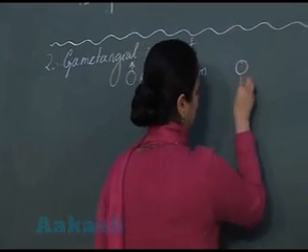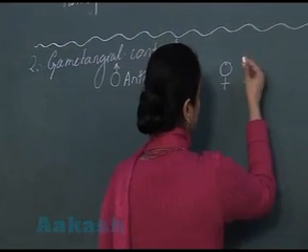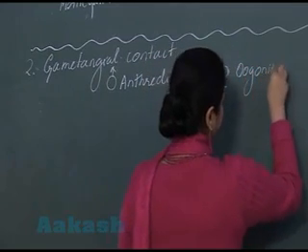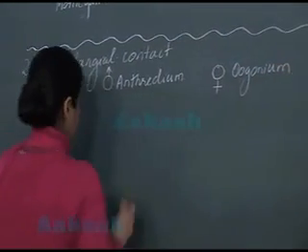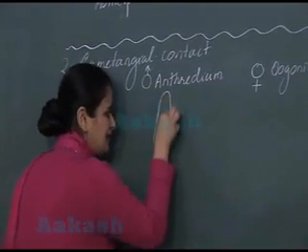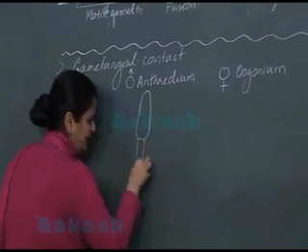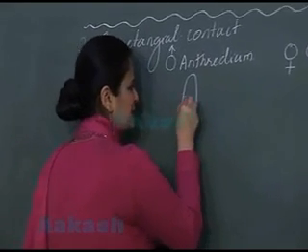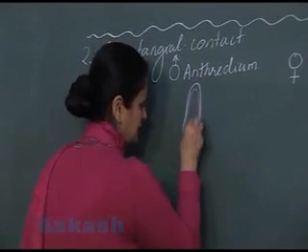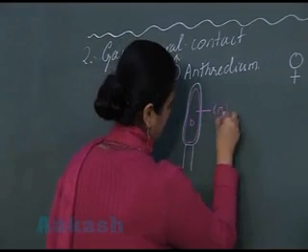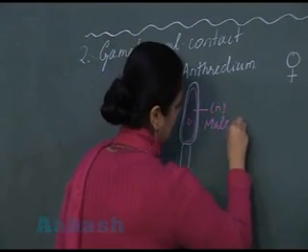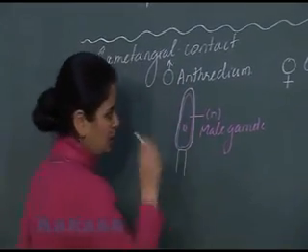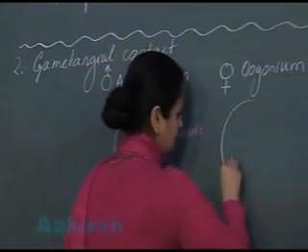Formation of female gametangia, that is known as oogonium. So I am making here male gametangia, antheridium. Inside this antheridium, there is presence of one male gamete. एक हैप्लॉइड मेल गैमीट इस एंथ्रीडियम के अंदर फॉर्म होगा. Now, oogonium, female sex organ,